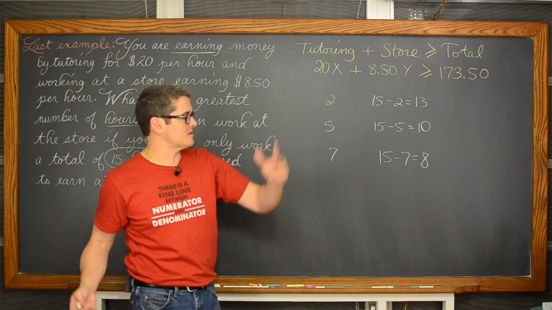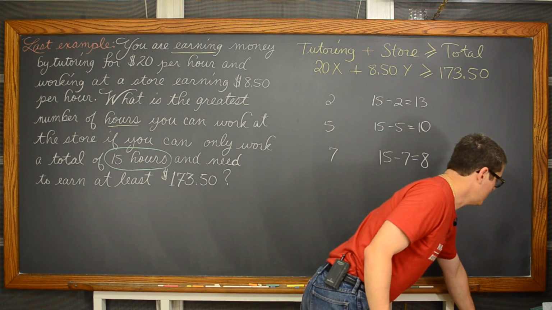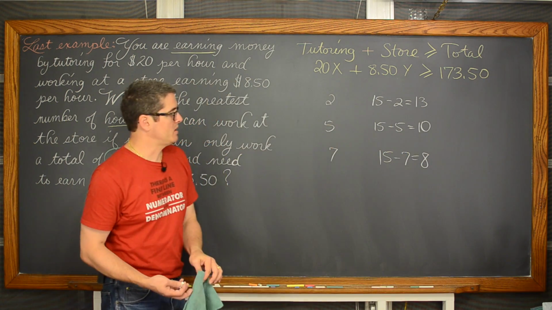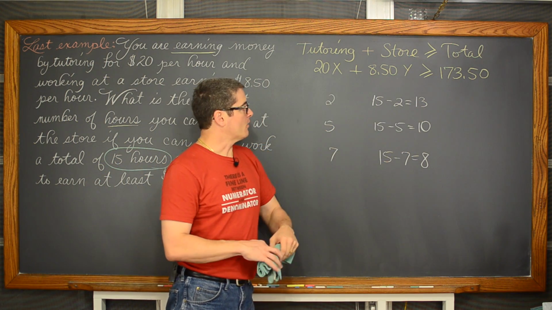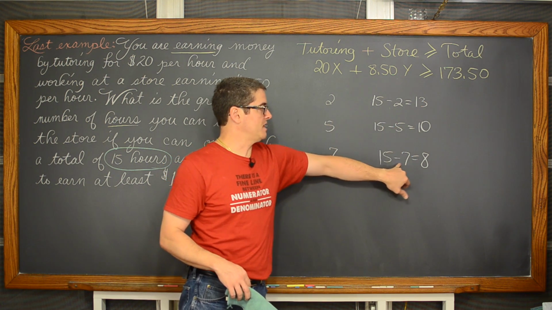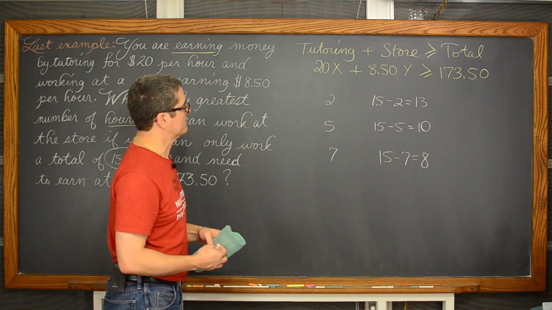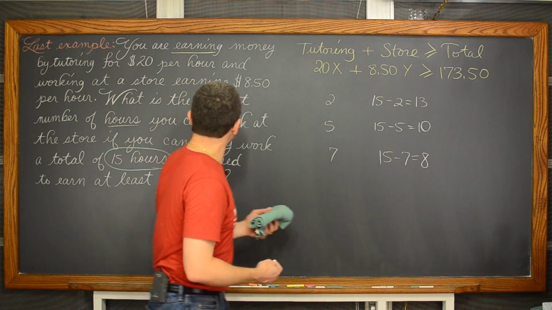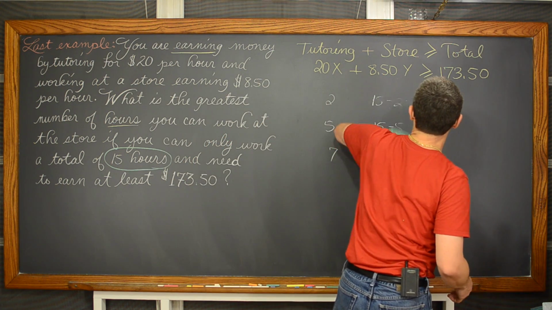I could flip-flop this, it doesn't make any difference. I could do all this for the store and this for tutoring, whatever. The point is the relationship between the hours at one job and the hours at the other are related by that total of 15, and we're subtracting these from 15 to find that remaining hours of time left. And we do want the hours that we can work at the store, so let's just let X,